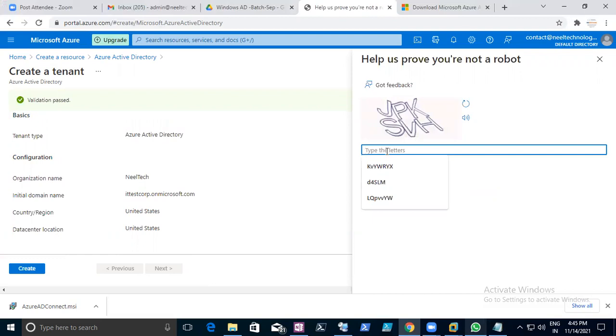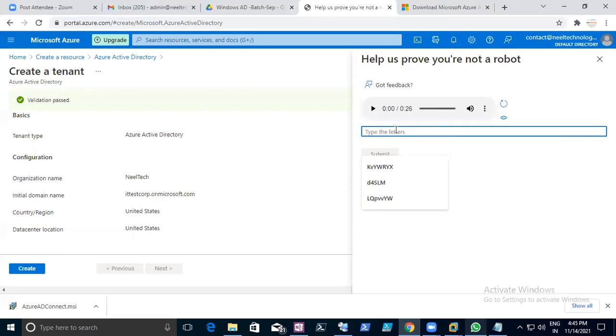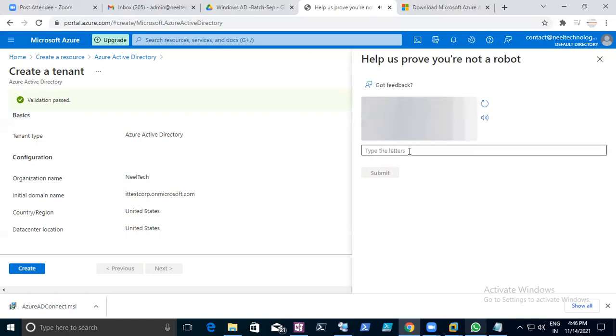What is that? J P K S V VH. All are caps only, right? I think so. P is small. No, everything is correct. Let me listen.